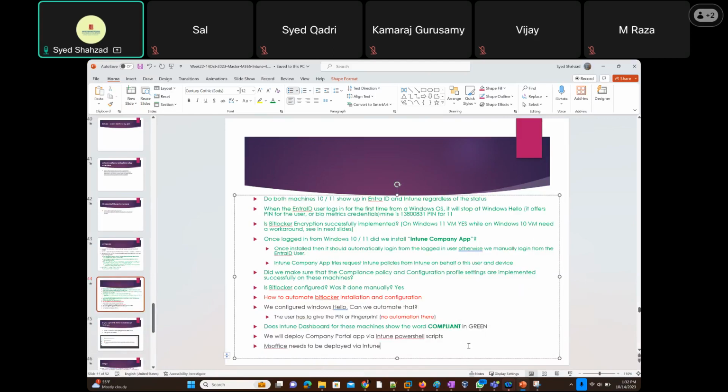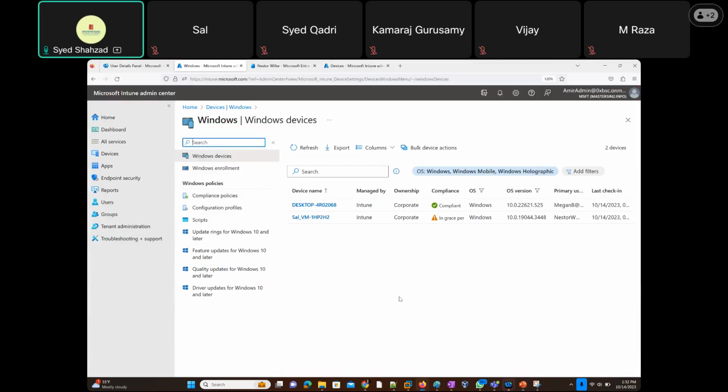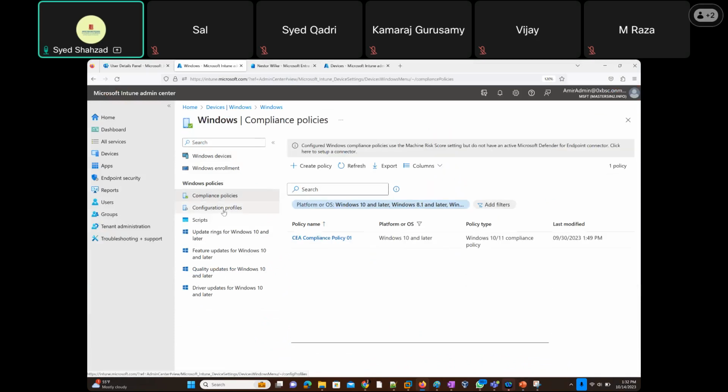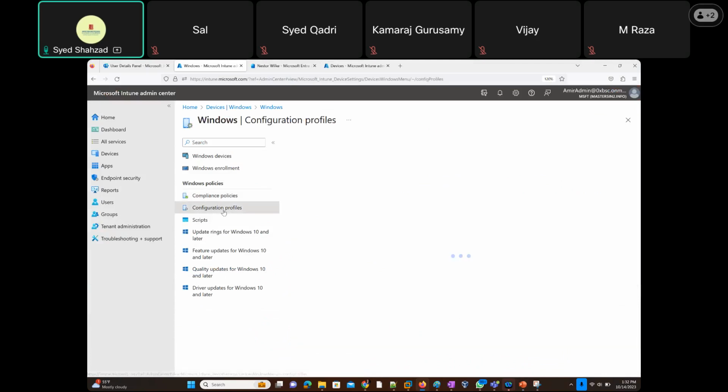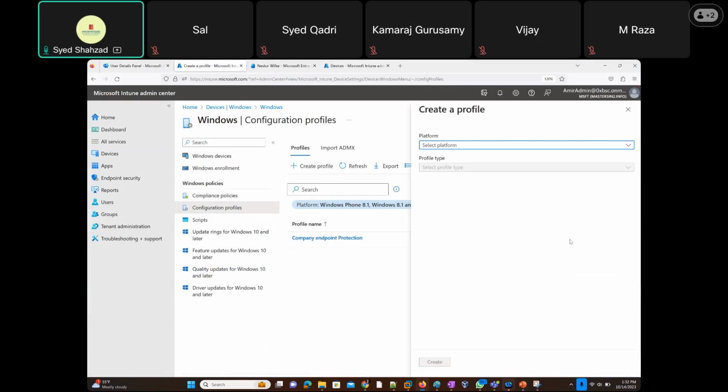So once my machine is there, then we can move ahead. So let's go for some of the Intune configuration. Other than that, now we have compliance policies. We can deploy another compliance policy, or we can deploy another configuration profile. So the first configuration profile was this endpoint protection, but we know that there are many other configuration profiles here that we can implement. So if I go for Windows 10 and later,